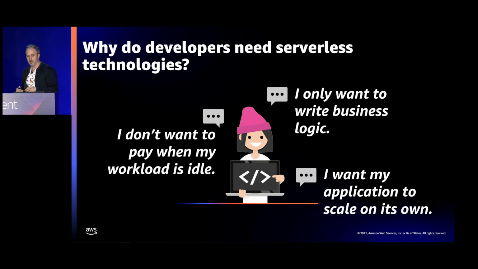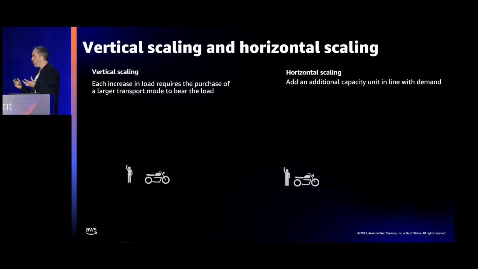And the third one is, I want my application to scale on its own. Scale on its own. Now, that's a huge part of what serverless technology gives you, and a big part of Lambda, too. Now, a good way to explain how Lambda is able to scale so agilely, I think, can be exemplified with this example of the difference between vertical and horizontal scaling. Now, Lambda scales horizontally. Most traditional web architectures will scale vertically. So this is a nice analogy, I think.